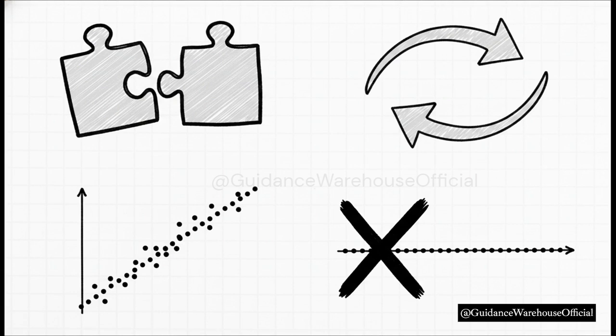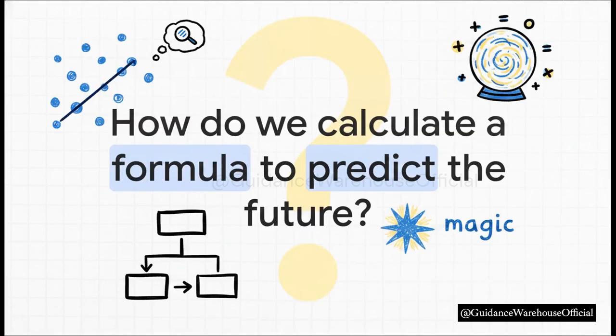Second, analyze the direction. Are you looking at a high positive relationship or a high-low negative one? Third, evaluate the strength. How closely do those scattered points actually hug a straight line? And fourth, never forget the horizontal exception. Remember, a perfectly flat line means absolutely zero relationship between those two variables. Scatter plots are your window into seeing if a relationship actually exists in the real world. But I want to leave you with this final, kind of provocative thought. Once we look at our scatter plot and we know for sure a strong linear relationship exists, how do we mathematically